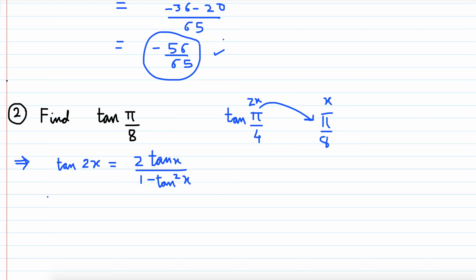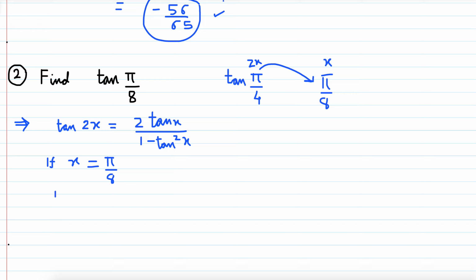So if x is equal to pi by 8, then 2x will be pi by 4. So we can put this value of x in this equation. This is the formula we have to use. So we get 2x will be pi by 4,